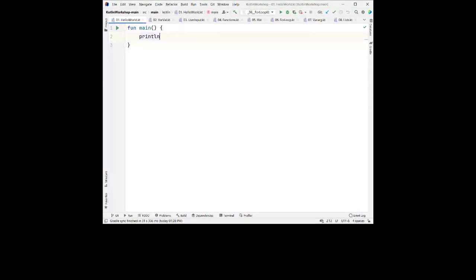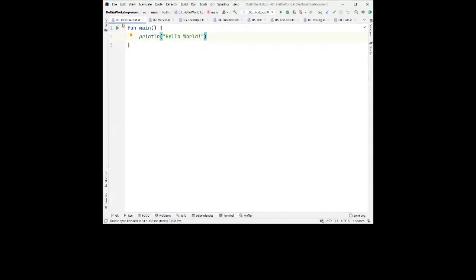So like this println. You can also see that this IDE gives me autocomplete features like this, and tells me about what parameters I can pass into this function. So this is also a very handy feature, and you will use this a lot. You don't have to write complete println here. You can just write PL, and it will autocomplete. That's a quick tip. So I will write hello world,